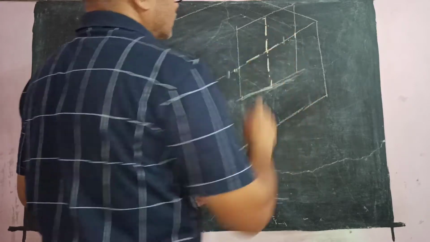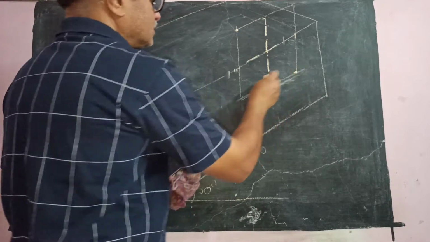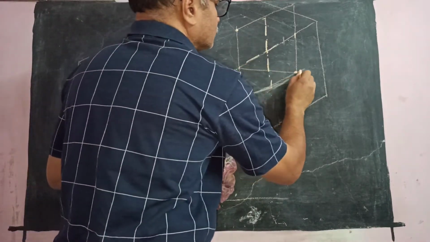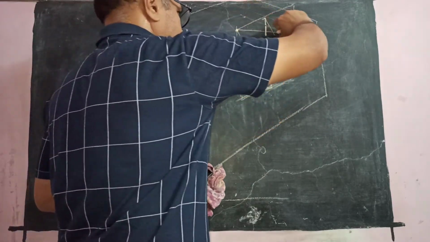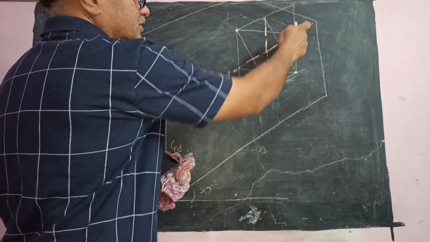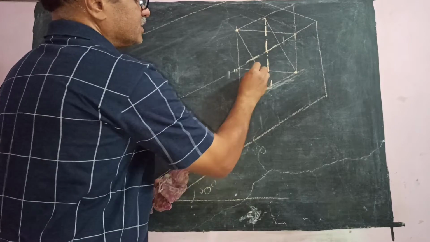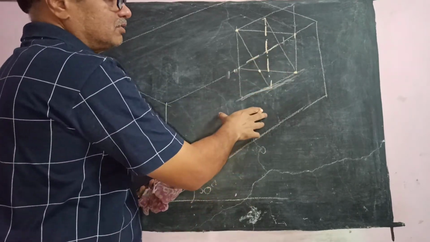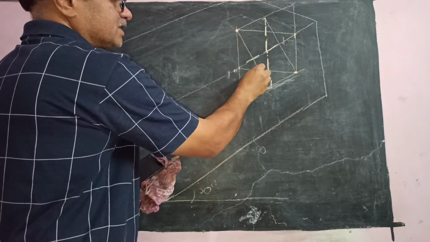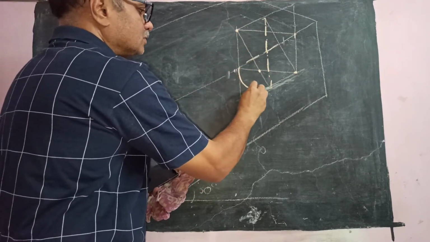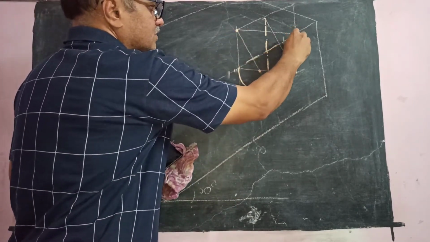This is another center line of that. So you can find out these two angles as 120 degrees from here. Draw the midpoint of opposite lines. From here, midpoint of these two lines, from here, midpoint of these two lines. So we will find out the intersection point here. Since it is a semicircle, only two centers are to be used. So this is one and the other one is this. Take this as center, this much as radius. Draw this. Take this as center, this much as radius. Complete.